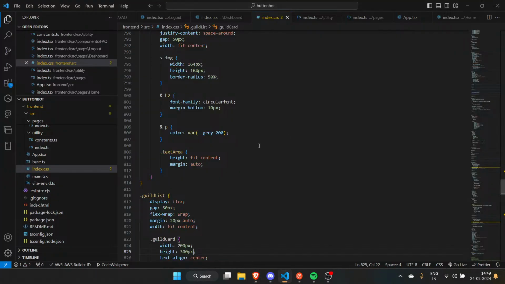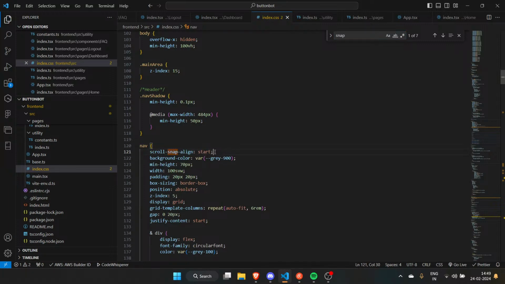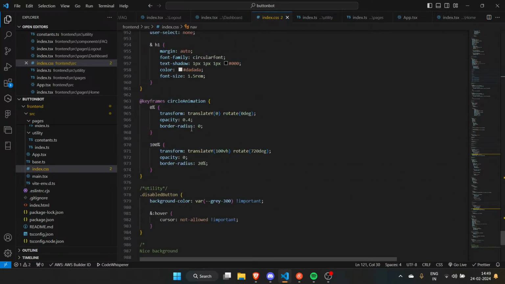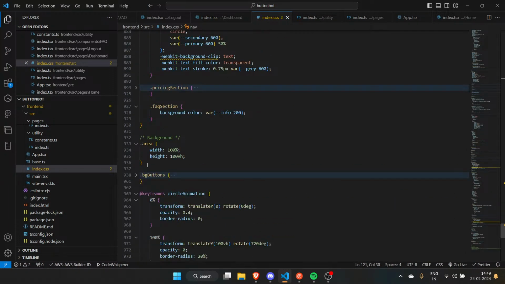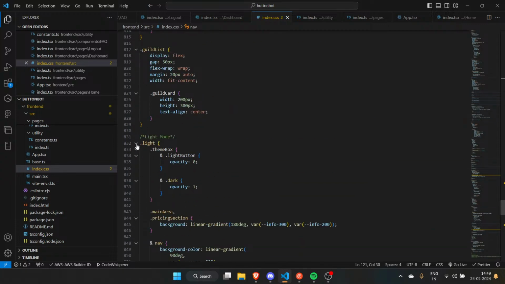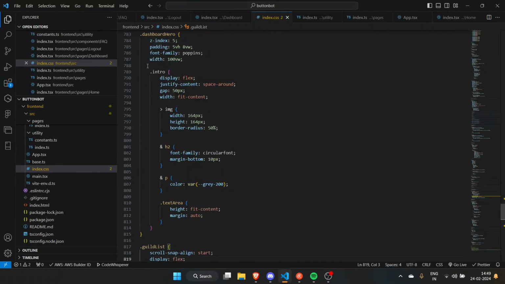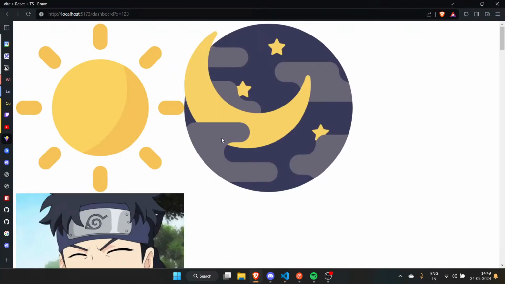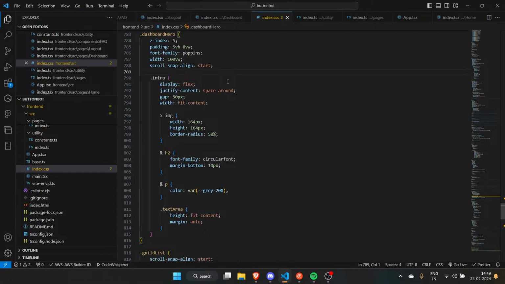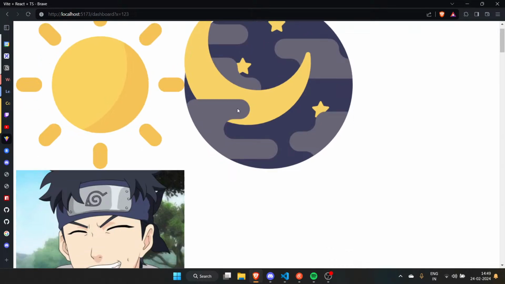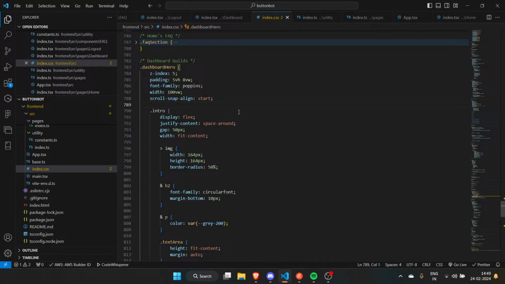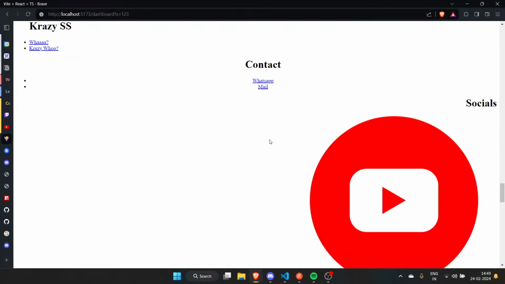And you guys probably noticed one thing, the snap. We need that in my, you know what I'm talking about, guild list and the dashboard here. So something is wrong. Something broke everything. I'll reload the page.